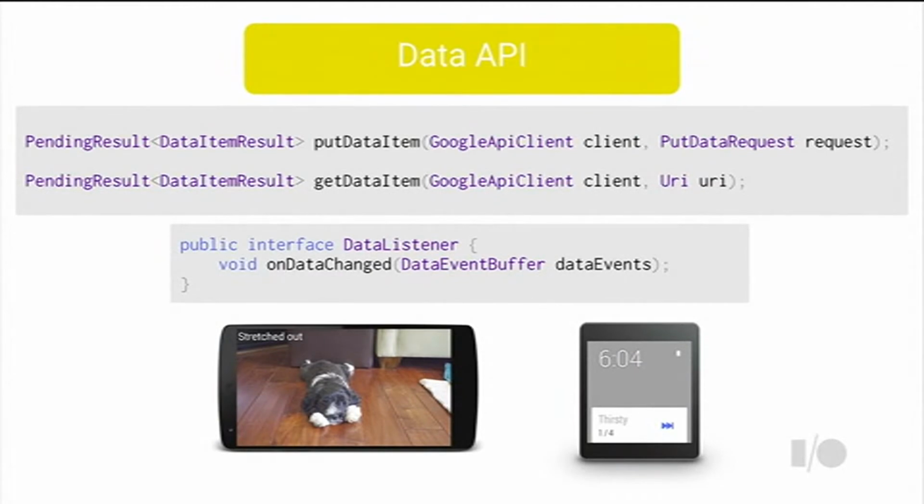The data API is the biggest piece of this new wearable service. It's a replicated data store. You can think about it as a shared cache. So we have the ability to put data into this and take data out of it, be notified when it changes on either side, and we take care of synchronizing that data between devices. So you don't need to worry about devices that are intermittently connected, what to do when you have extended periods of not being connected. We do all of the hard work there, and all you have to do from the app side is put data into the store and take it out.